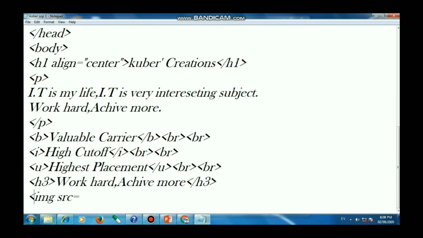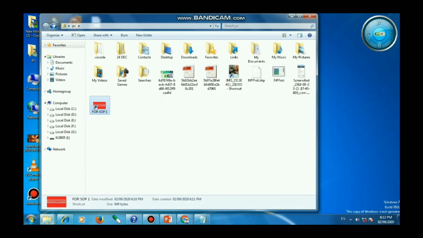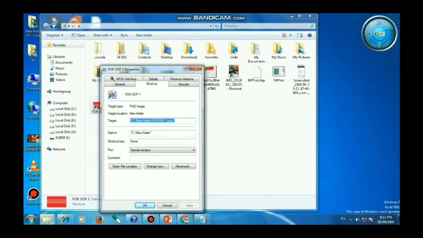Now to insert an image, src. Here your image name will be added. For that, go to the particular image which you want to choose, right click on it, go to properties and copy the name. Also watch the type of file. Here the type of file is .png.